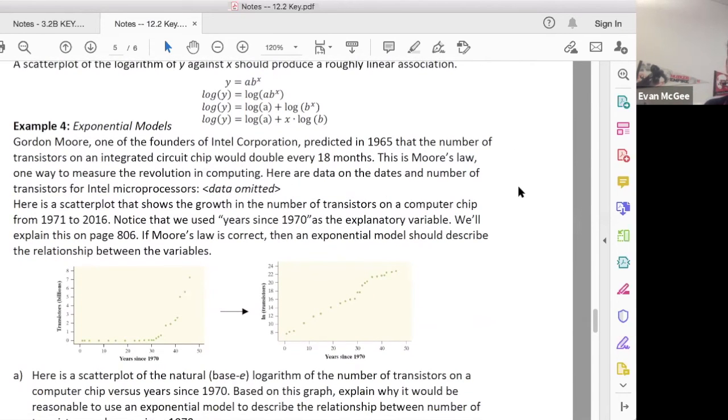All right, so this is an exponential looking graph, and we're showing the number of transistors in billions based on the year. So as the years progress, the number of transistors drastically increases. So they re-expressed it, and you can see here they took the natural logarithm of the y variable, but they left the x variable the same. So based on this graph,